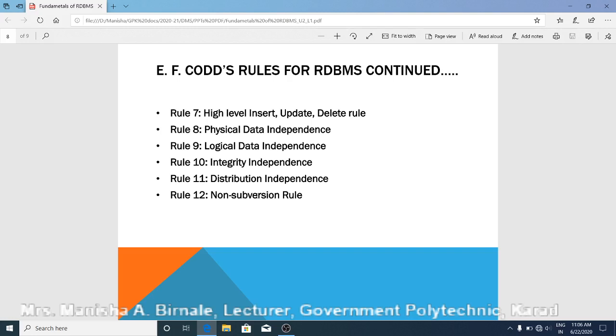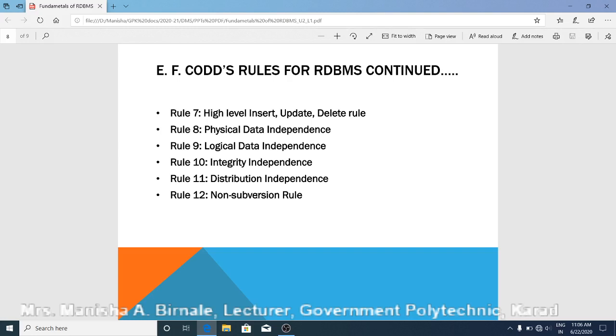The database becomes user friendly. The non-subversion rule states that even though the database system provides a graphical user interface, it should not be able to bypass the security and integrity constraints of the database.